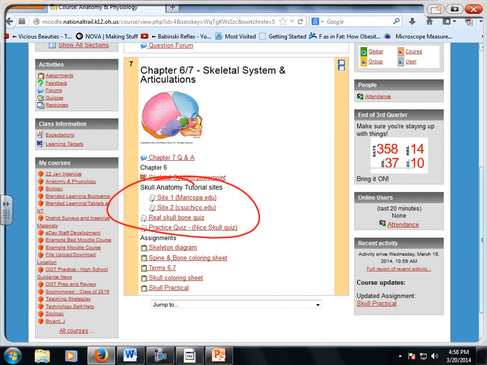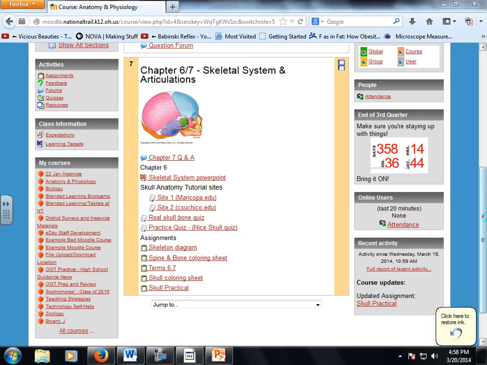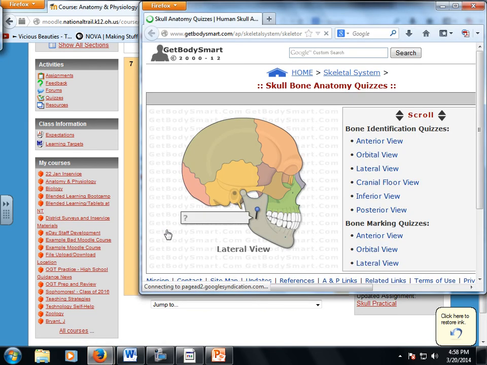There's real skulls that you can look at. And there's a really nice skull quiz here, so that's the one I'm going to walk you through, just to save time. I'm not going to go through the whole thing, but I'll allow you to do that as much as you want. So if I click on that,